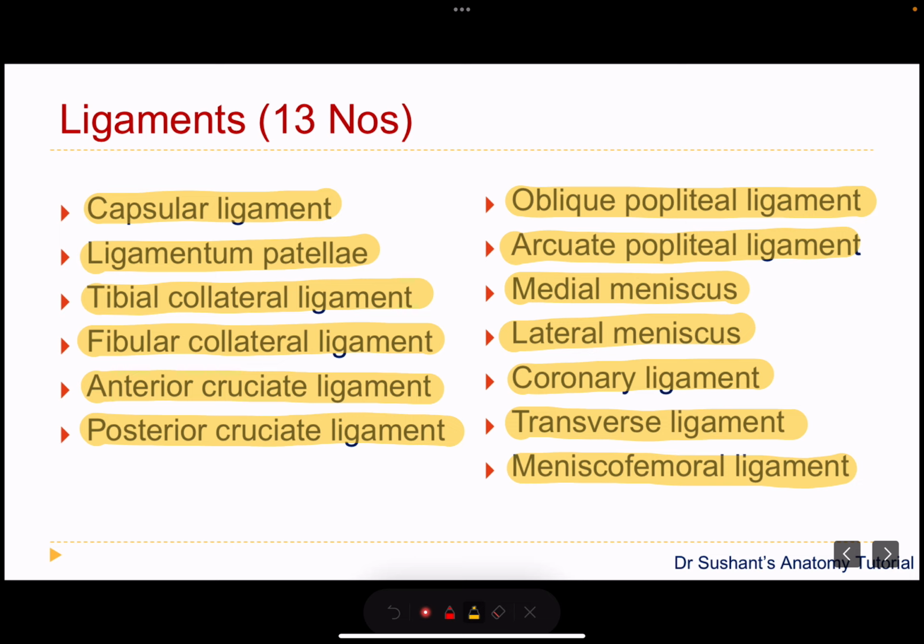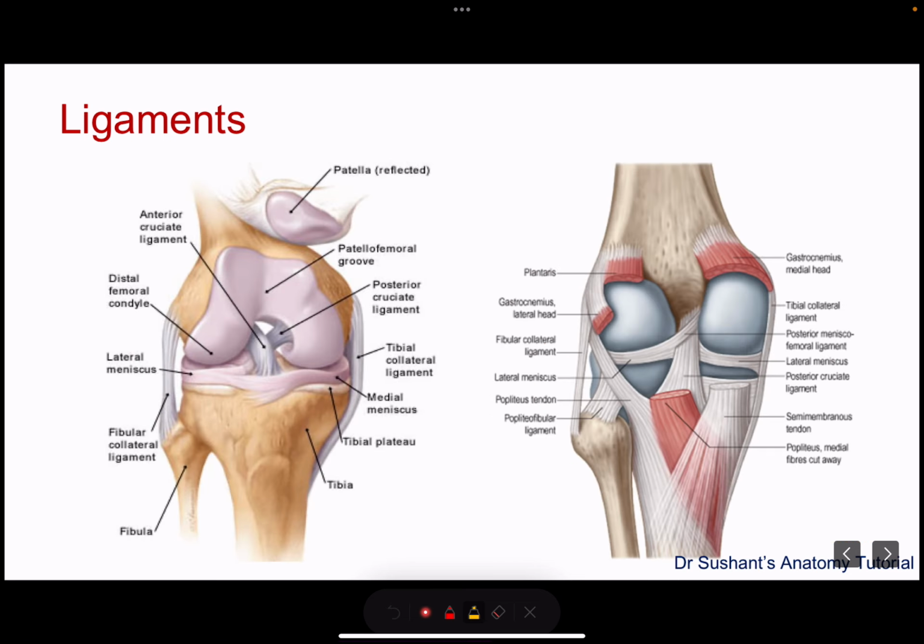In the upcoming slides, I will discuss each and every ligament of the knee joint in detail with its clinical application. So in this picture, we can see most of the ligaments, if not all the ligaments. So let's try to identify the ones that are seen. So this one right here is the ligamentum patellae. Ligamentum patellae is seen, and then we have the anterior cruciate ligament, this one right here, and then